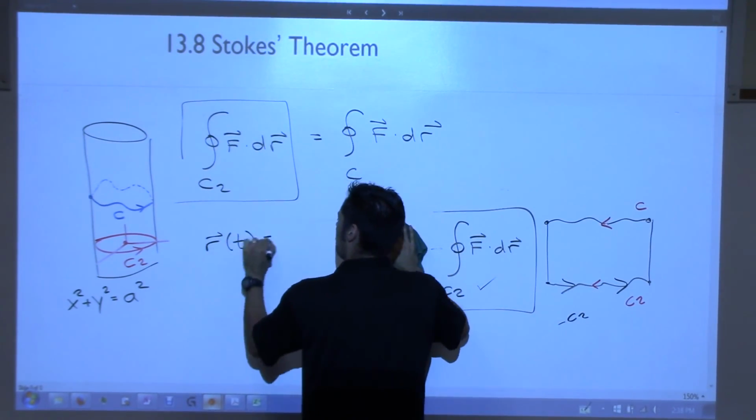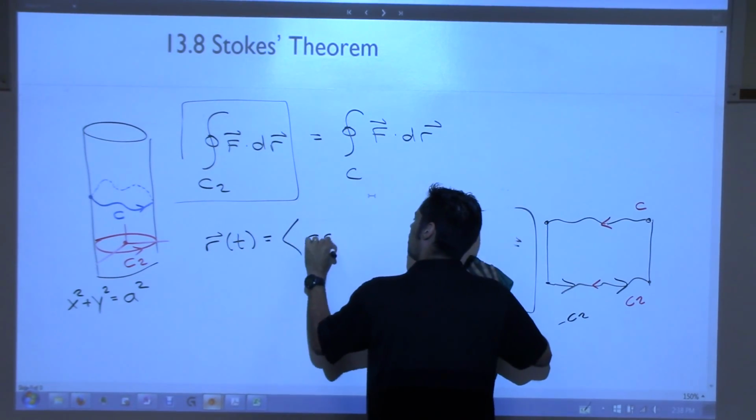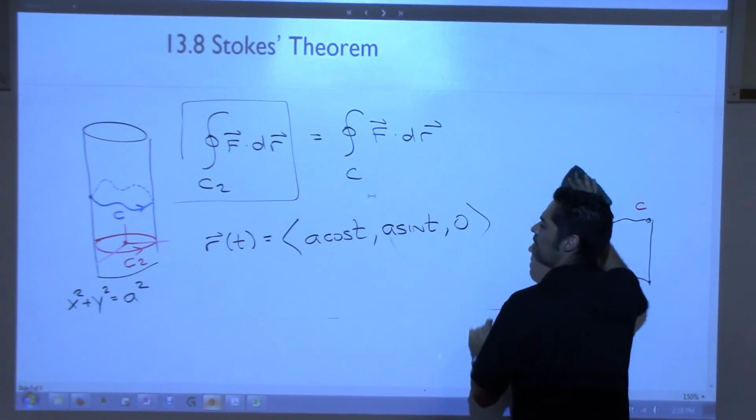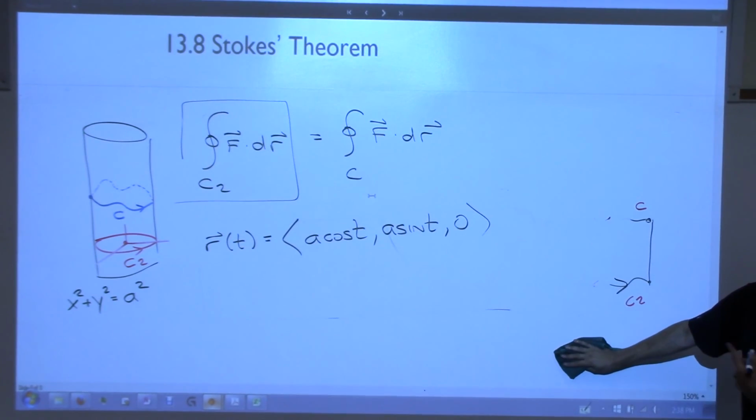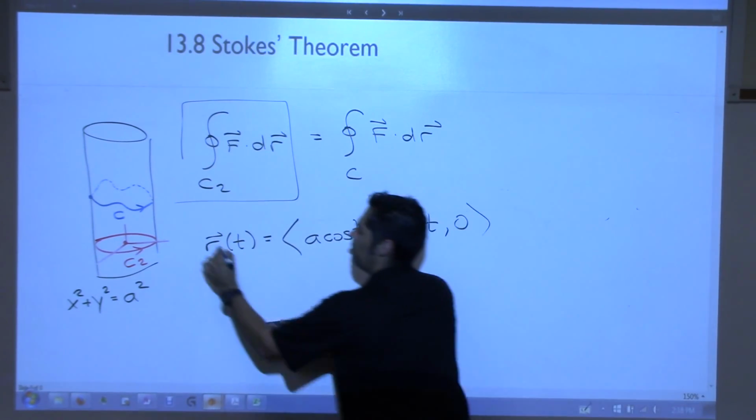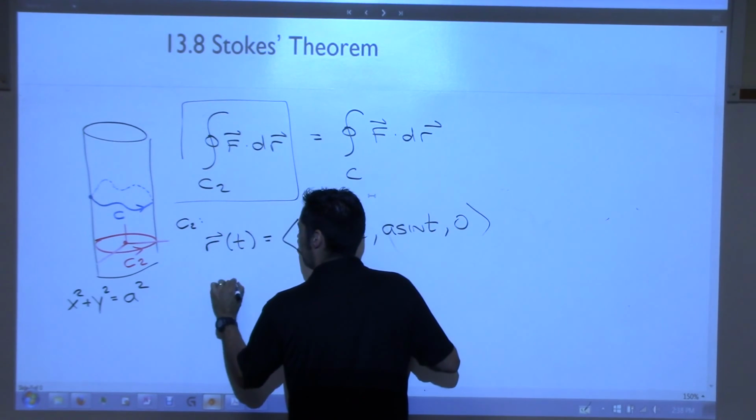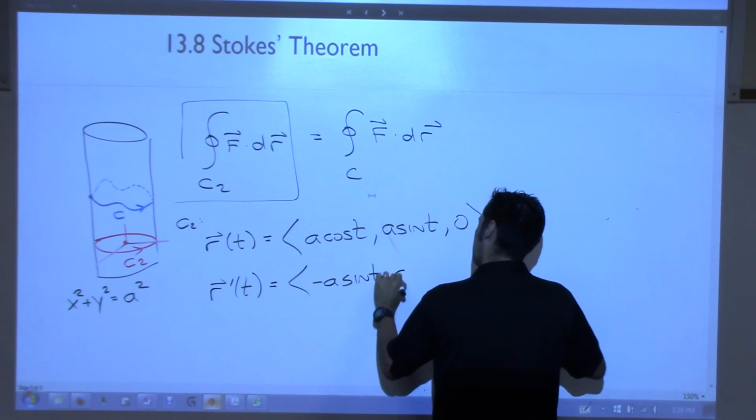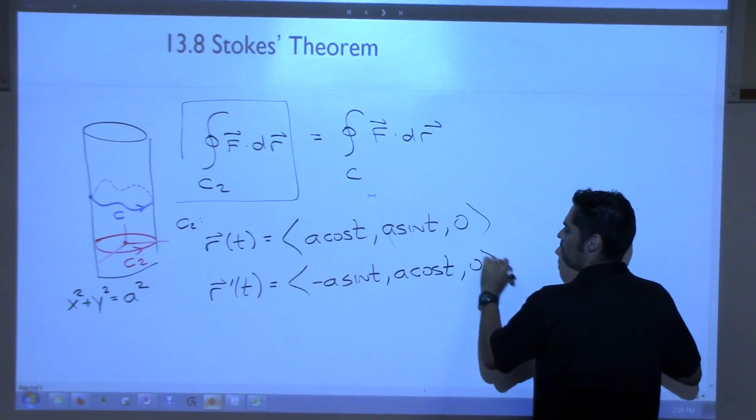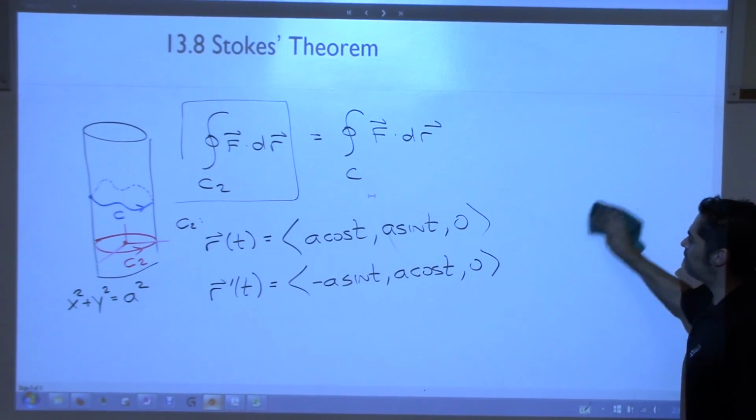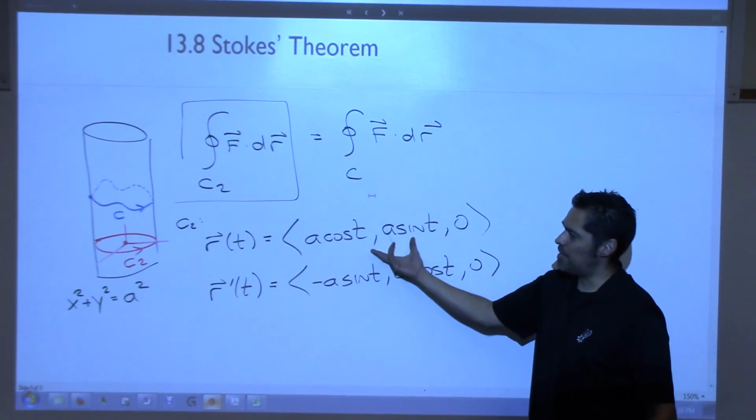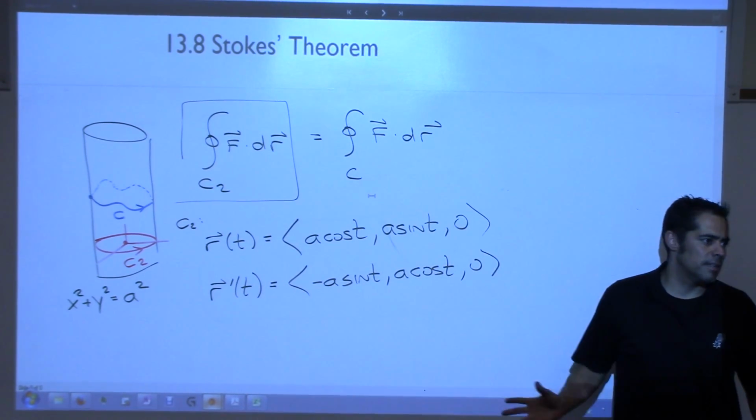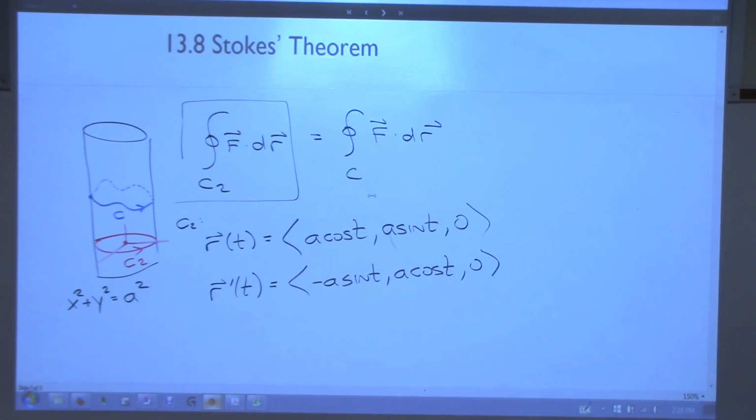R of t equals a cosine t, a sine t, 0, right? That's R of t. That draws me that circle, C2. This is C2. And then I need the derivative, right? Because I'm going to do this, it's negative a sine t, a cosine t, 0. And then I have to plug this into the field, and then dot. It turns out to be nice. I'm out of time. But there's a lot of like